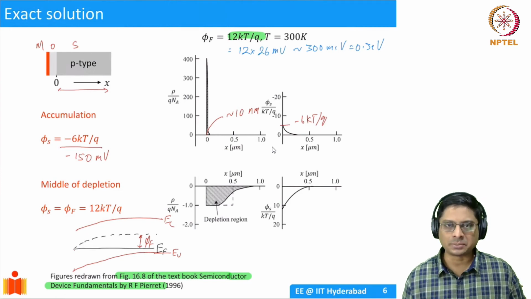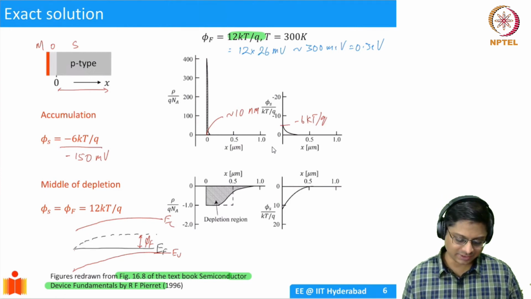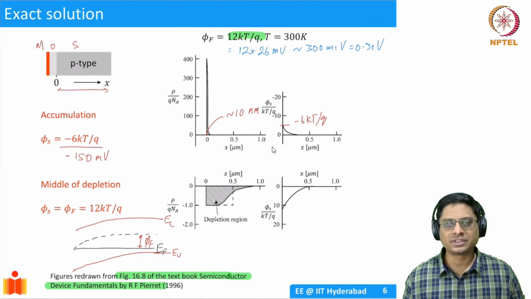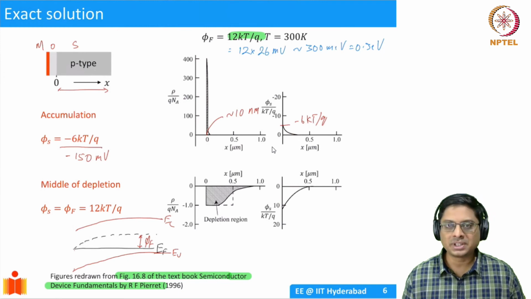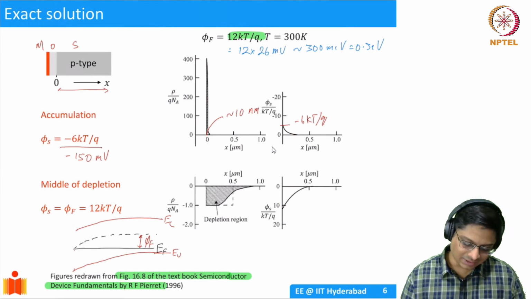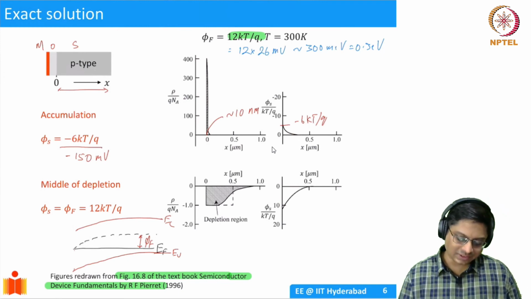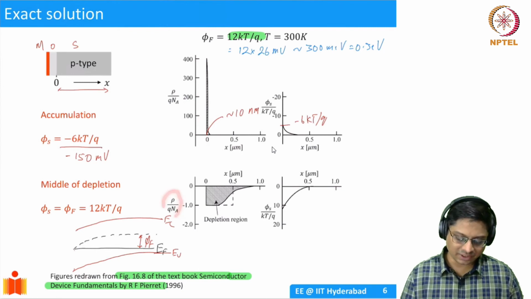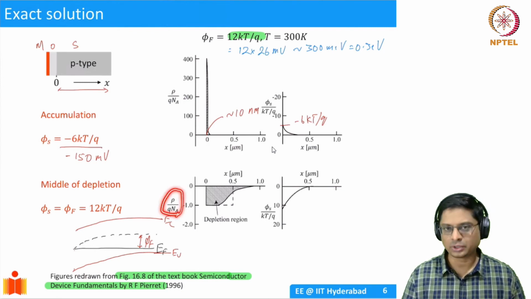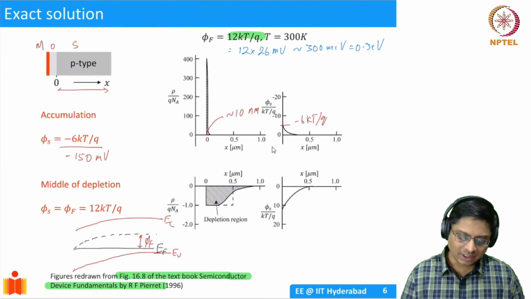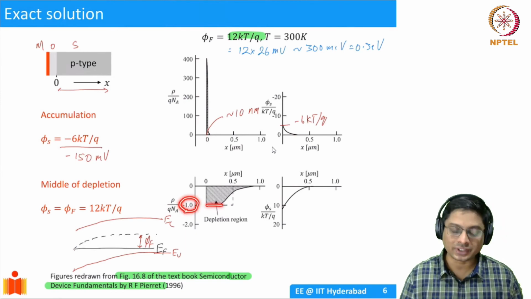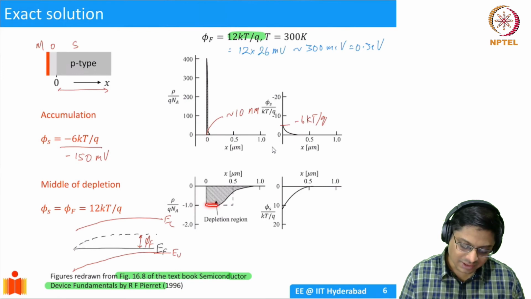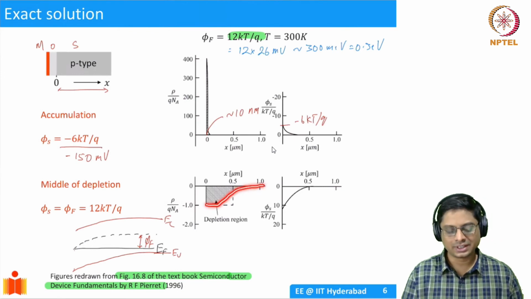So please, practice this multiple times. How to identify these numbers and surface potentials in different biasing regimes. Once you become comfortable, it will be easy. So what does it mean that it's in depletion? Well, the exact solution tells you that the charge density now, rho by QNA, we are normalizing it by the substrate doping density, is equal to exactly 1. It's minus 1 because the charge is minus, right? So minus 1, and then it decays like this.